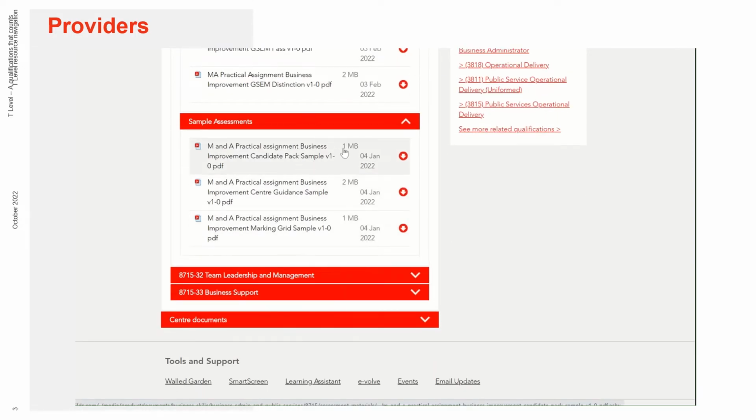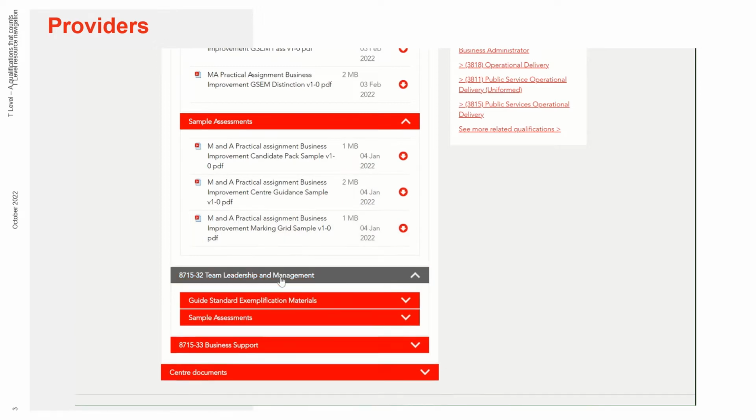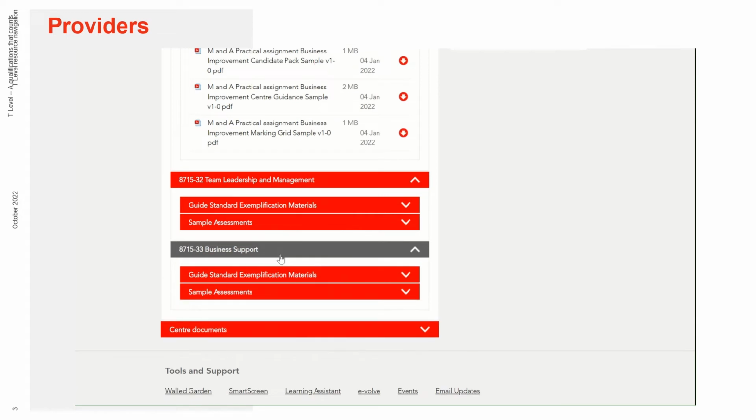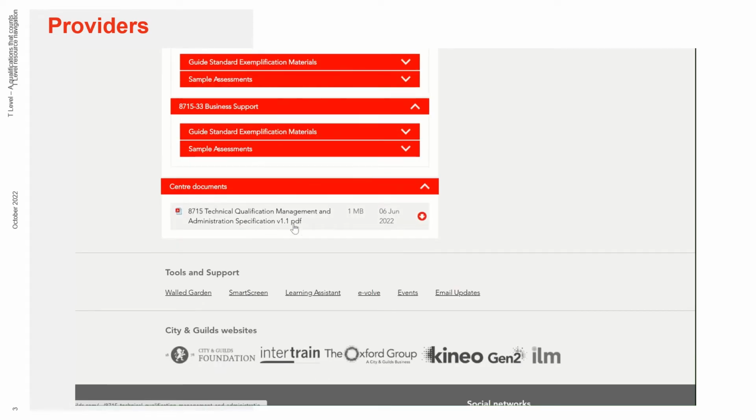So here we have a candidate pack sample, the centre guidance sample as well as the marking grid sample as well. And this follows suit throughout all of the specialisms. We also at the bottom have a direct link to the specification. So this is now on version 1.1, so please do make sure that you are currently up to date with